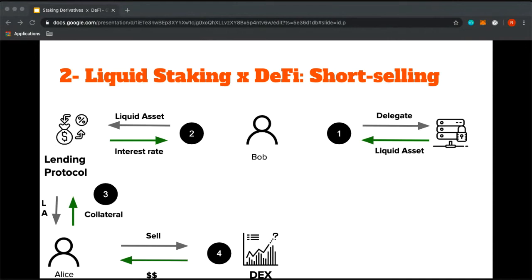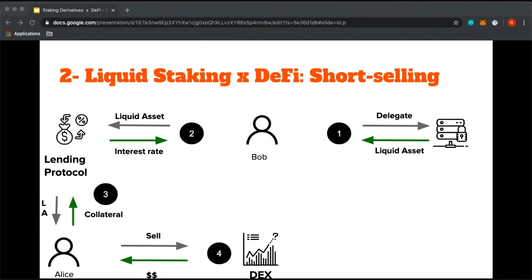This also allows us to build a long-short strategy. So a long-short strategy is basically we are going long an asset and we are short another asset. So the long-short strategy in this case could be having on one hand being long CeeLo and on the other hand being short Matic. So this means that Bob has been delegating Matic tokens, getting the liquid Matic,